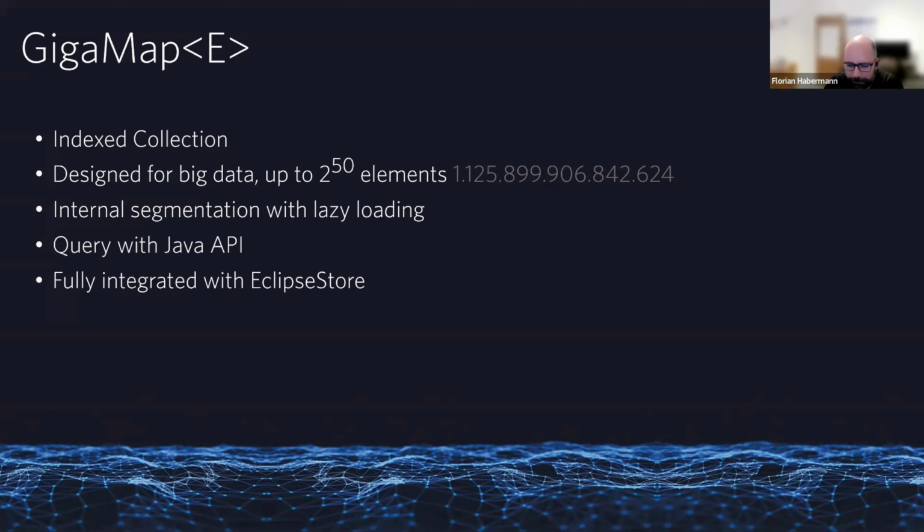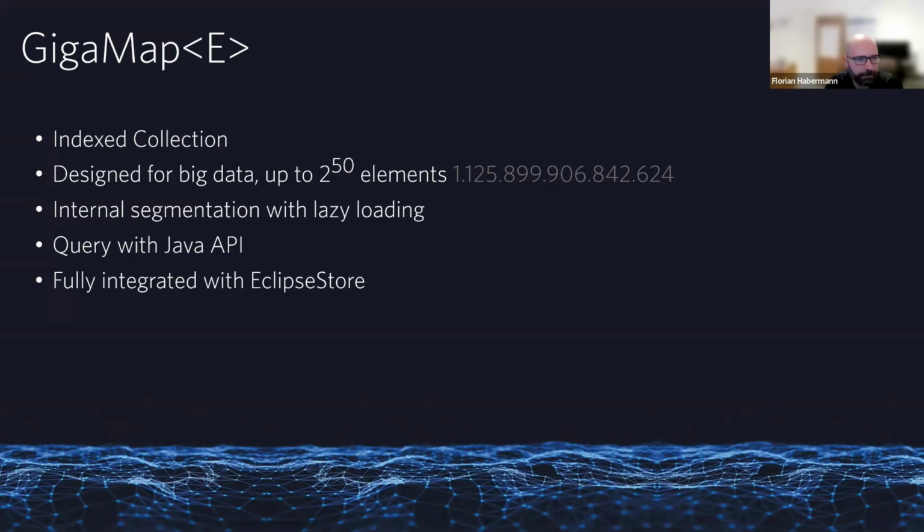Right now, if you use default JDK collections and you want to query the data which is inside the collection, of course, you have to load the collection first onto the heap. Then you can query the collection with Java core stuff. This can be problematic if you have huge amounts of data. So I talk tens or hundreds of gigabytes, because you always have to load the whole collection into memory. Of course, we are talking in-memory computing here, but with a certain amount of data, it can become quite hard